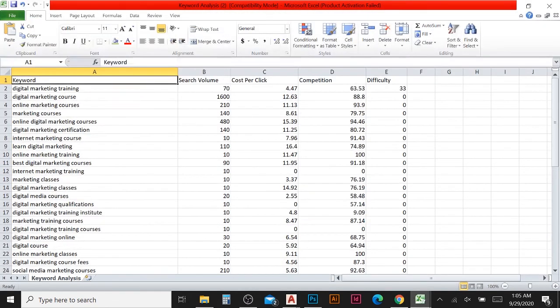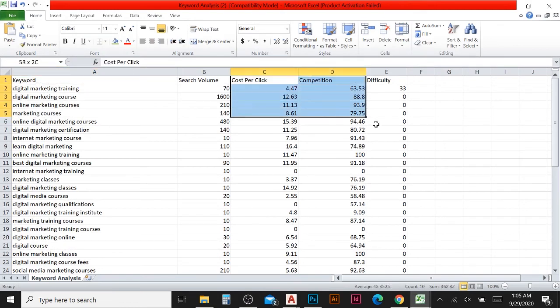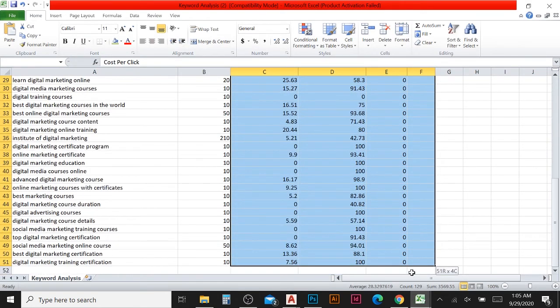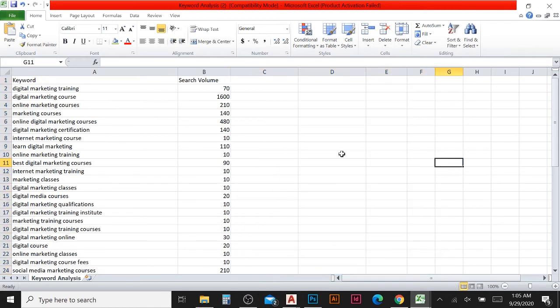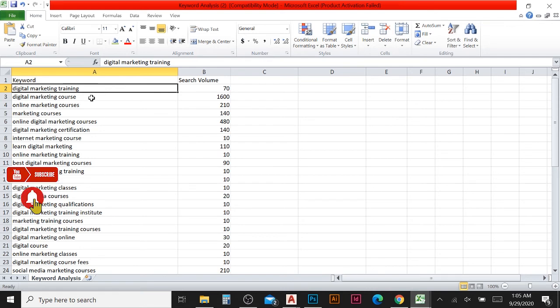It's already open here. Now you can see cost per click, competition, some different option here. This all we don't need now. This later when we are doing the ads or in advanced level only we need that. For now we need what keyword, how many people are searching. So from here you can select the keyword for your meta title, meta description, and for your content.